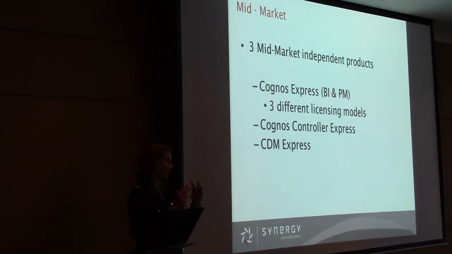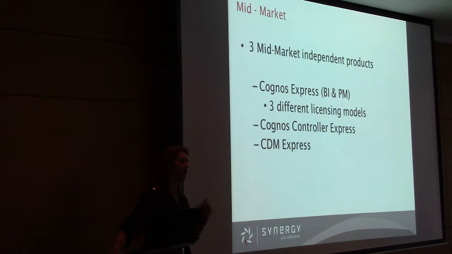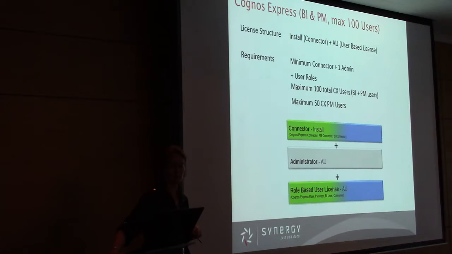So what IBM's done is they said, well, because you've got Cognos Express, which is mid-market, it's got all of the enterprise capability, but it's really priced nicely, they're bringing in the other products into that stack as well. So there's not a big jump for you to go from where you are from Cognos Express into the other solutions. Okay. We are, however, only going to talk about Cognos Express BI and PM in terms of licensing, and the other two products will be included in the slide deck, which we'll email out to you guys afterwards.